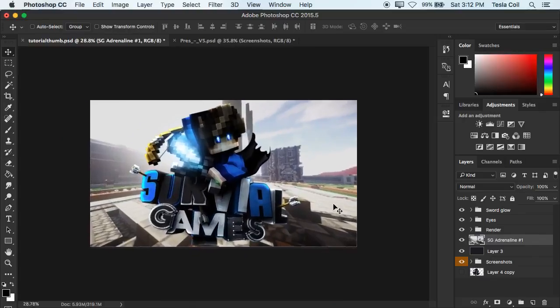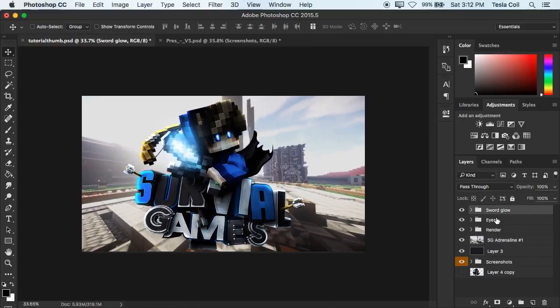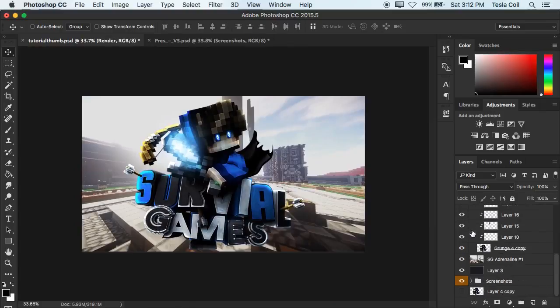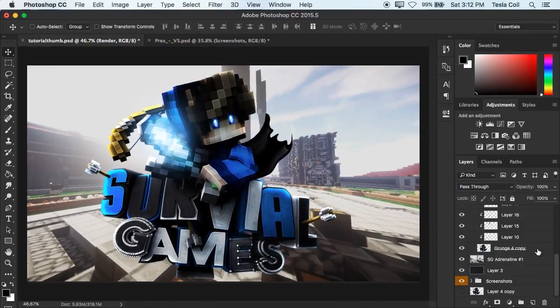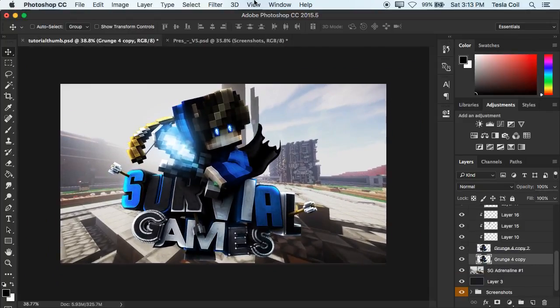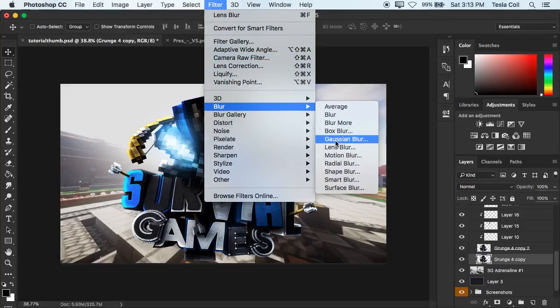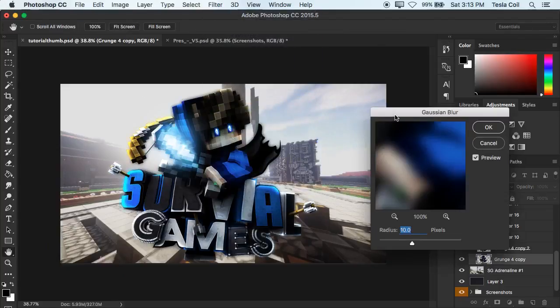So once we've got our screenshot, now we can group together the sword glow eyes and render. But before I do that, I just want to go in and make a few adjustments and add a few blurs and stuff. So I'm just going to duplicate this and bring it underneath, and use the one that's underneath, and we're going to go Filter, Blur, Gaussian Blur, do a Gaussian blur of around